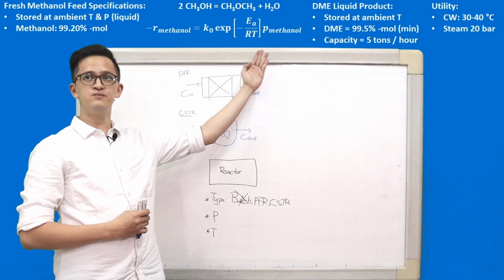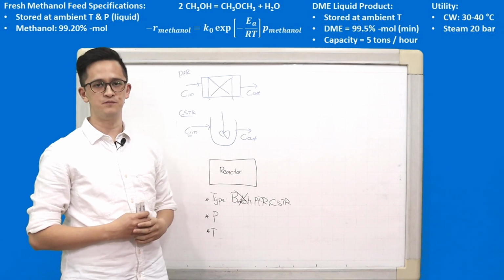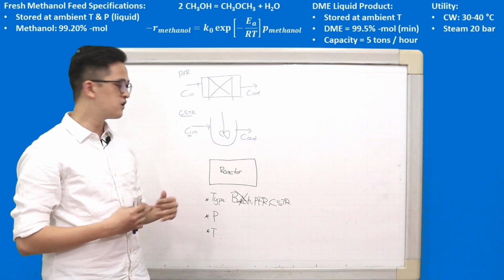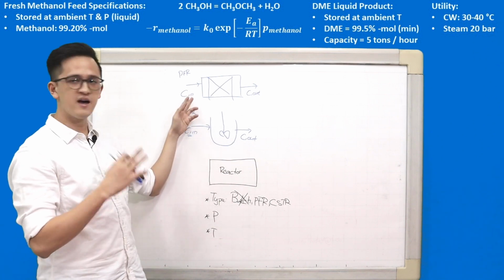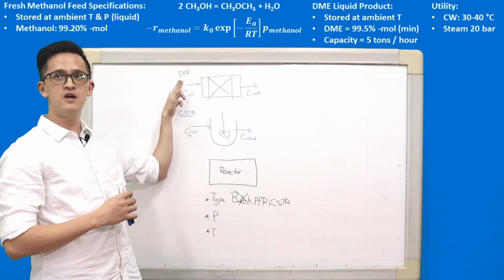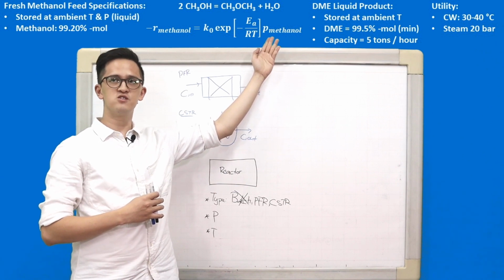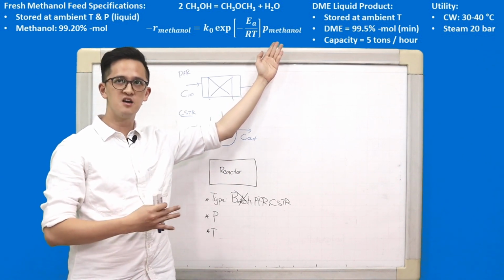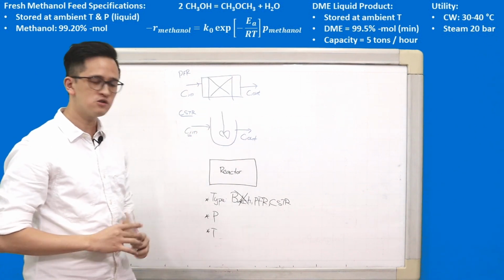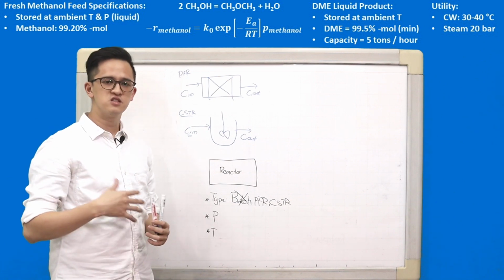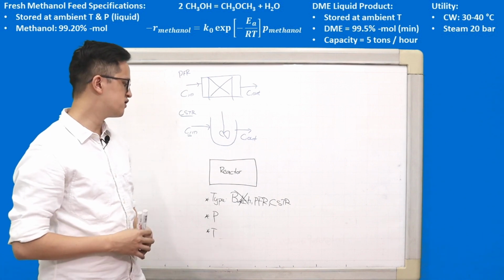And you can imagine we have a first order reaction as a function of the partial pressure of the methanol. Partial pressure is directly related with the concentration. Okay, so if you maintain the concentration as high as possible, as in the PFR case, that will also help our partial pressure to be as high as possible. And as this is a first order, if we keep this partial pressure as high as possible, that will help the kinetic rate to be as high as possible. So, in short, in this kind of process, because it's a gas phase reactor and a positive order of reaction, first order, it's very